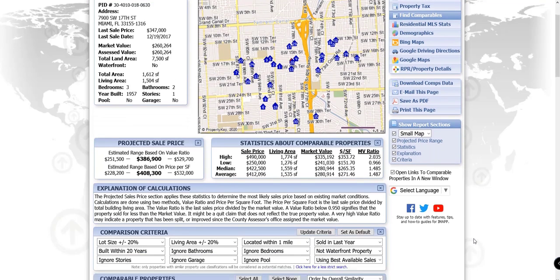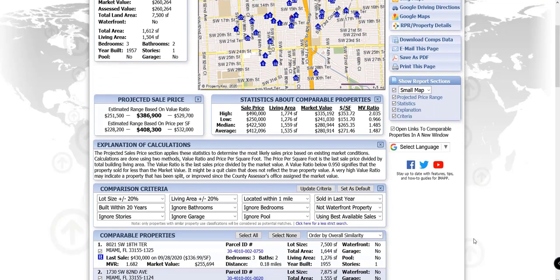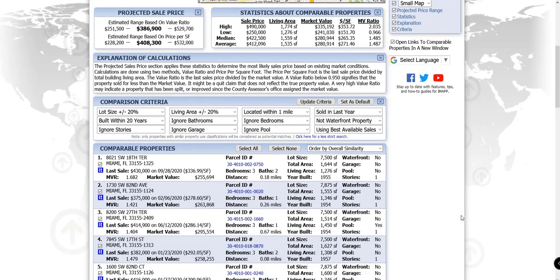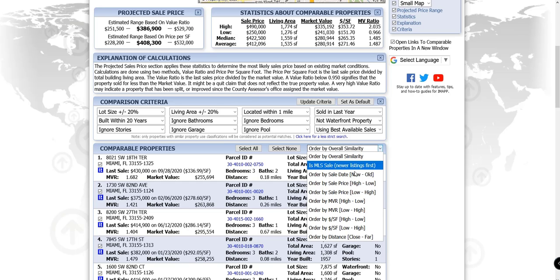And I just want to point out a few other things to you concerning the comparable properties that iMapp is pulling in. Everybody's going to want to look at data differently. For each person, their mind is just going to absorb the data differently. And if you go over here, if you go order by,